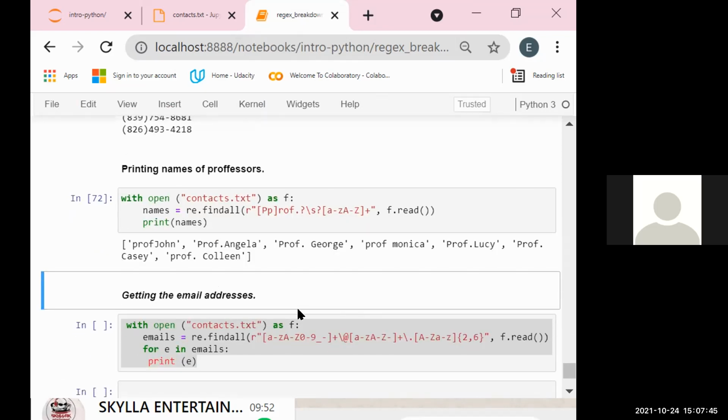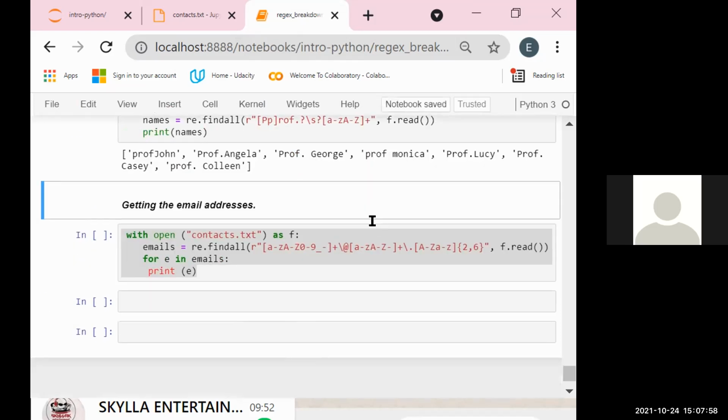So now we can see we can find the names. We've accommodated so many, and these are practical examples of how we might use regular expressions. The last one